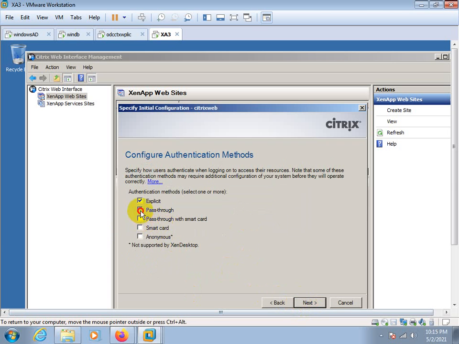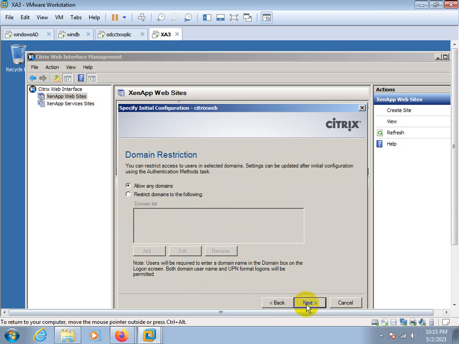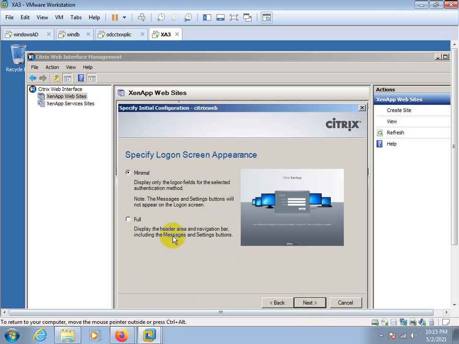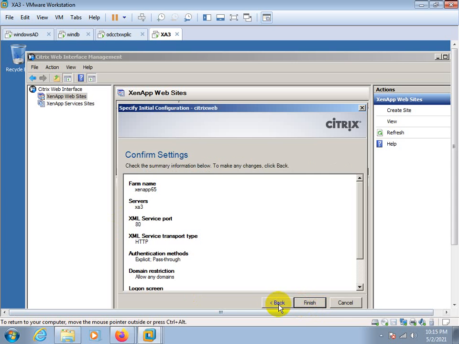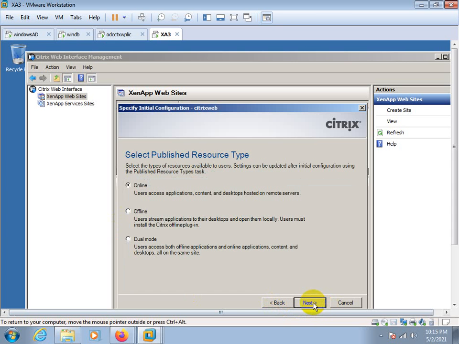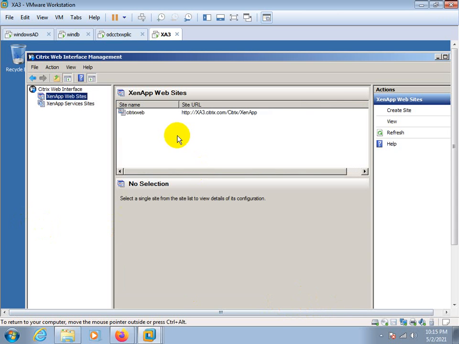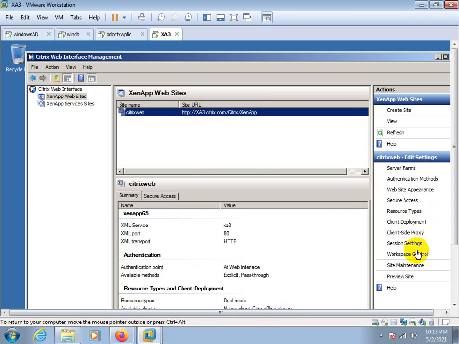Next, pass-through and explicit. Allow any domain. Minimal. And online, offline is a dual mode. Next. Okay, this is the website, and from here we can review the site.